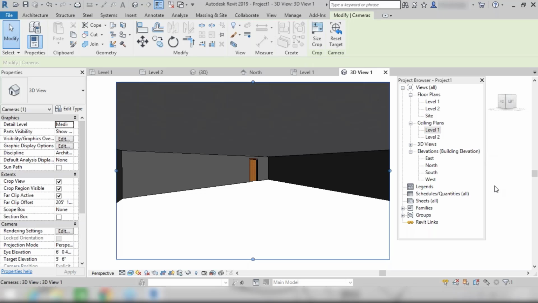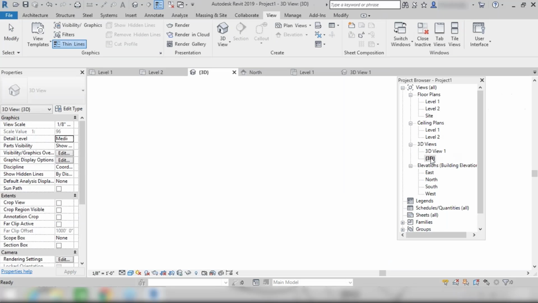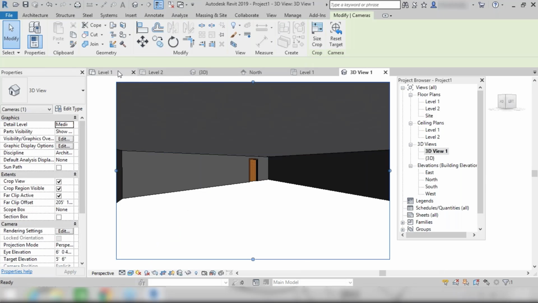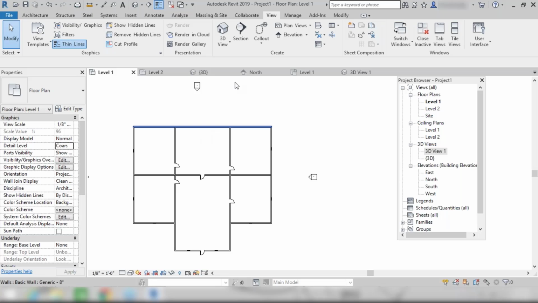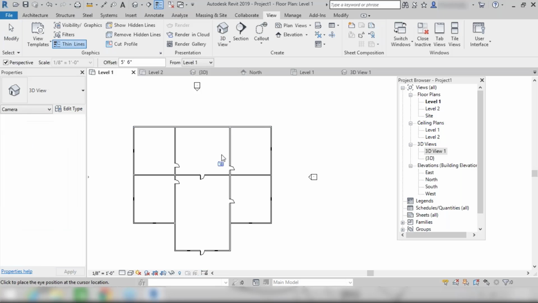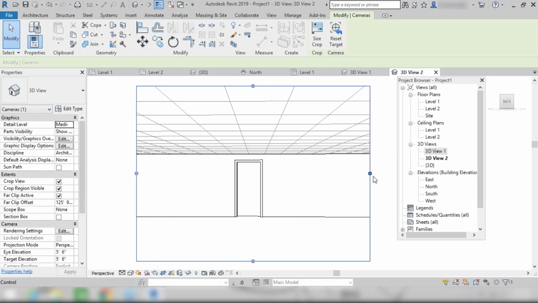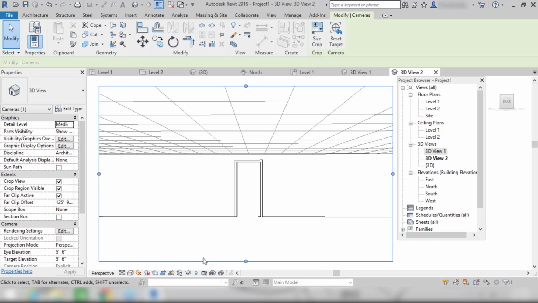So let me add one or two more cameras as well. As you install a camera, that camera view is available in this 3D view. If you click on this point, right, you can check here 3D view 1. This is the basic 3D view, and this one is your camera view. So let's go to level 1, right? Let me install one more camera in this room as well. So go to camera, right? I'm installing a camera here like this, right? This is my other room in which I have installed the camera, right?